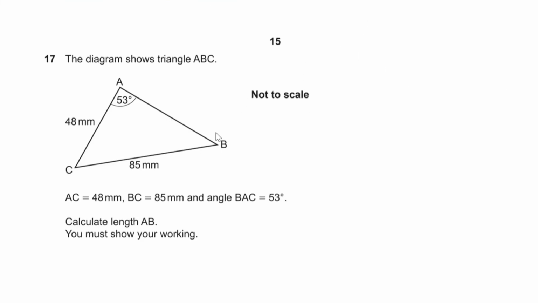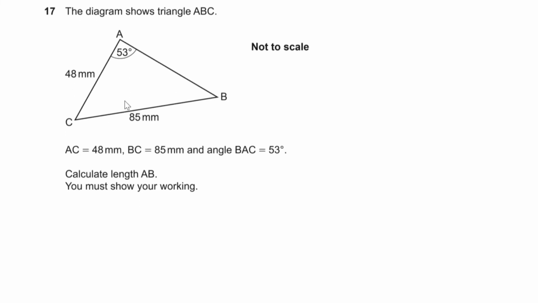Question number 17. The diagram shows triangle ABC. We've got AC, which is 48mm, and BC, which is 85mm, and the angle BAC is 53 degrees. We have to calculate the length AB. Well, if I call this length of AB x and the units will be millimeters, then what we can do is use the cosine rule. We've got 3 sides and the angle included. So using the cosine rule, we have